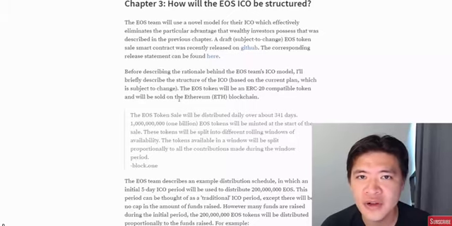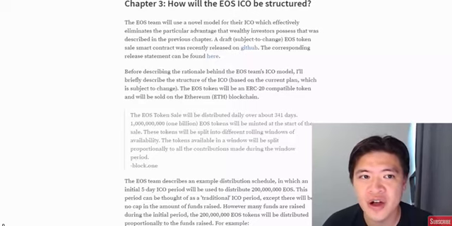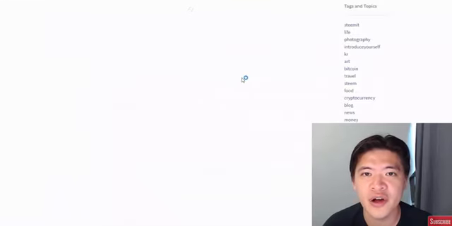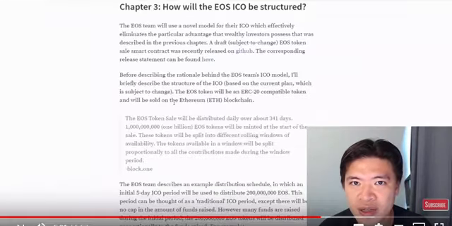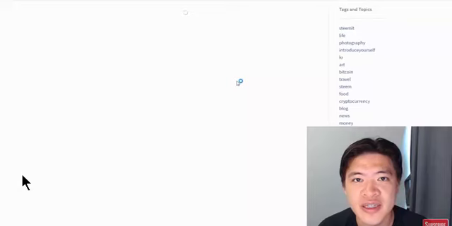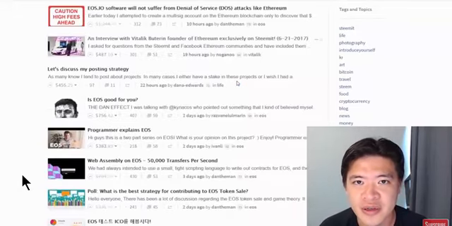And lastly, how do you find information about EOS? Well, Steemit is a great place. Steemit also always has a fond memory of its co-creator, Dan Larimer. So there's an EOS blog on Steemit that you can follow. And also you can follow it using the EOS tag on Steemit. All right, so I need to get over on Steemit and see what they're doing with this and what information they have, because they keep tabs on this stuff. And these are great places to find more information about EOS.